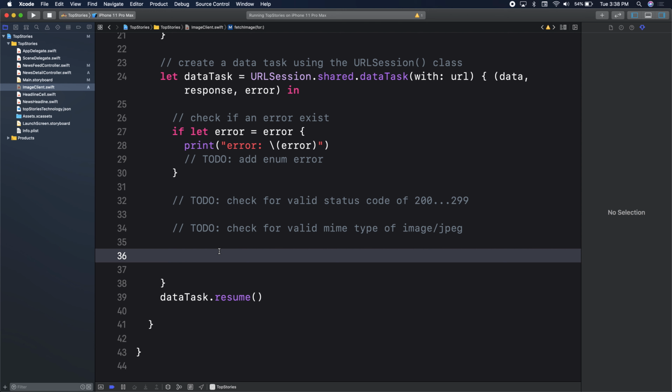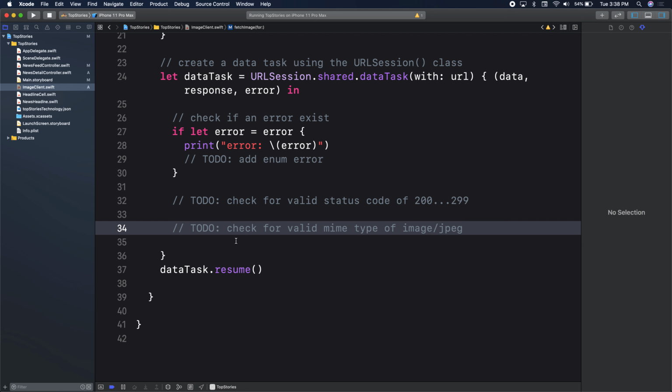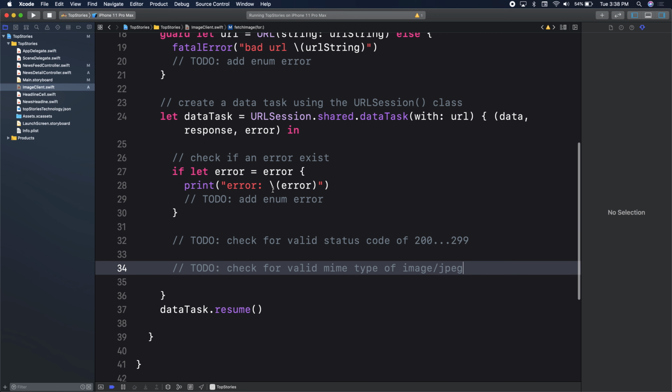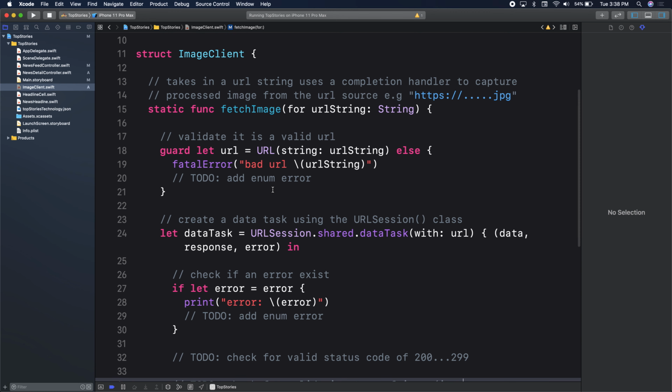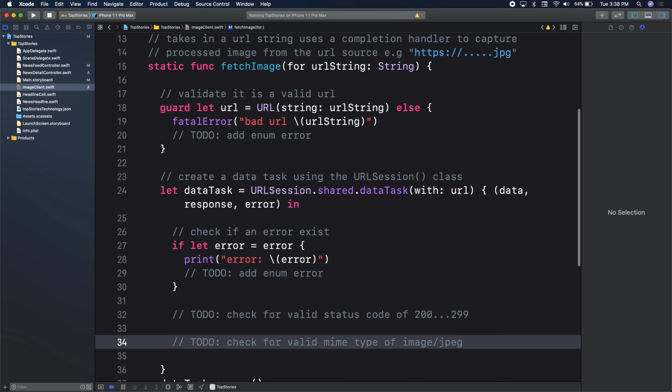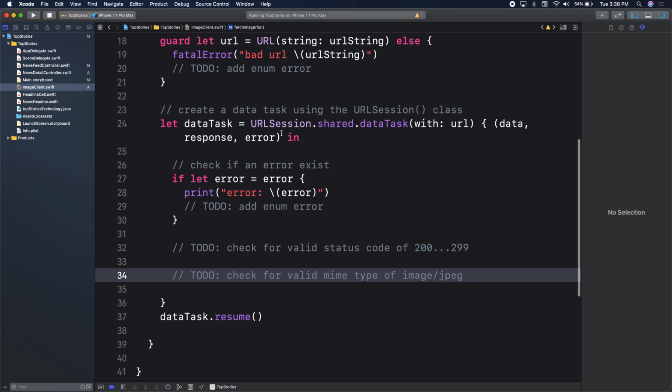Cool. I really want to come back to the heavy lifting later. I want us to just at least be comfortable with this first part first. So very simply, we have a function called fetchImage. It takes a URL string, checks to see if the URL is valid, and goes ahead and makes a URLSession data task request. At this point, it does hit the network. When we say resume here,